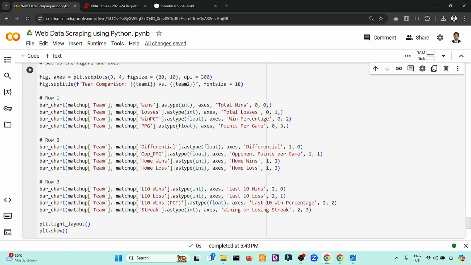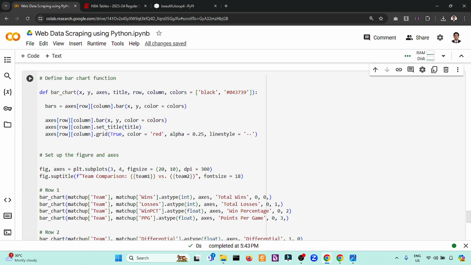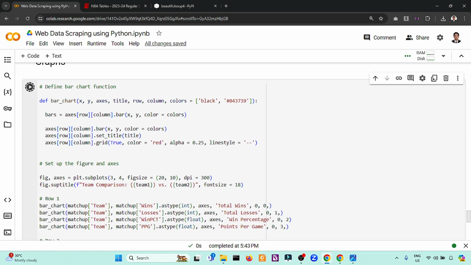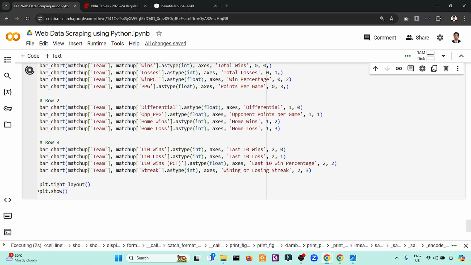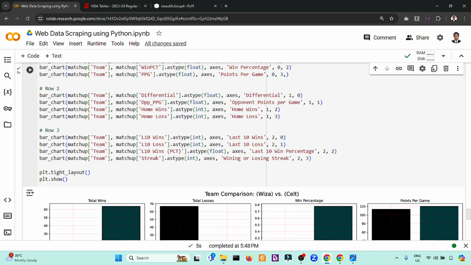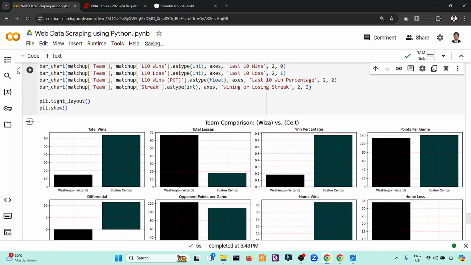So if all else is in place, we will have multiple bar charts based from this. So you can now see, this one, team comparison versus, okay? So maybe let's run it again.